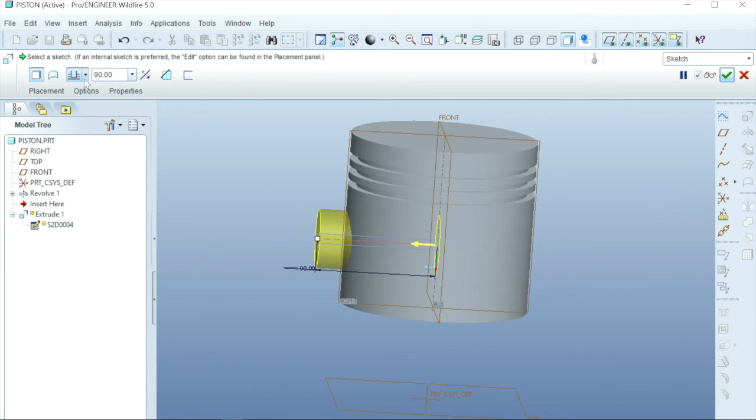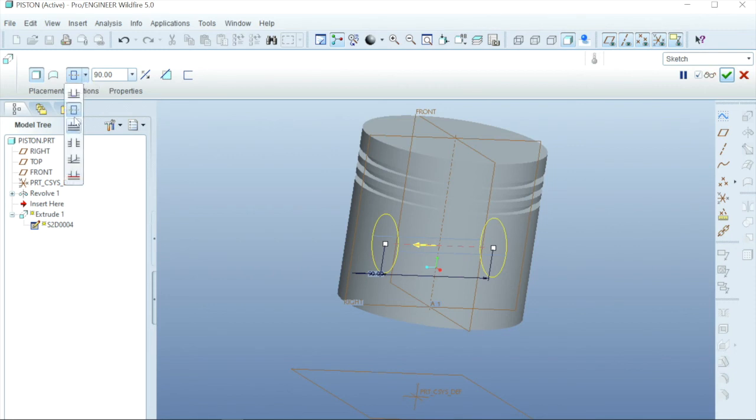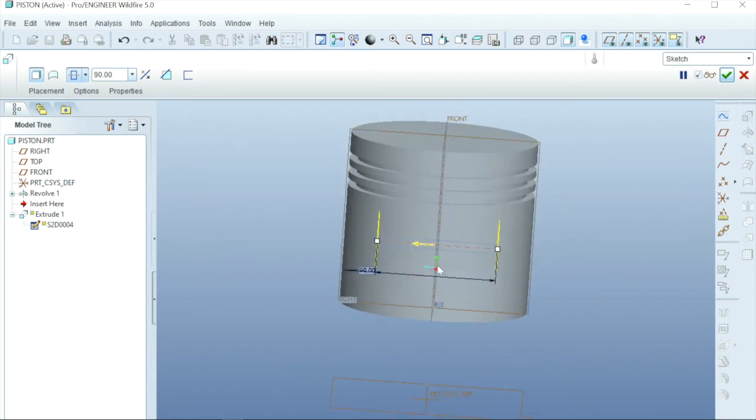Now we have to cut the hole on both sides, so we need to select here. This is called extrude on both sides, so it will extrude both sides. Now here we need to give length, but there is no need to give an exact length. Because the total diameter is 140, we can directly give 140 in place of 175. Then also it will be extruded both sides.